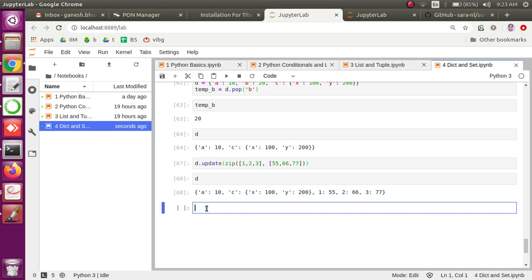Alright, so after the update we will move on to some exercise, some simple program where we can try to update some dictionary here. Let's say my dict equal to